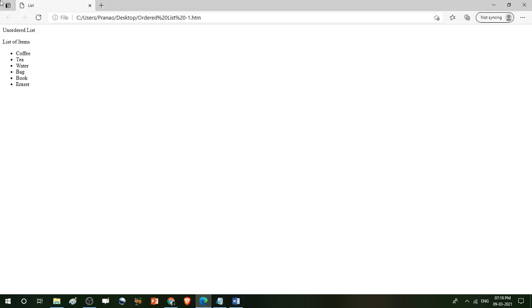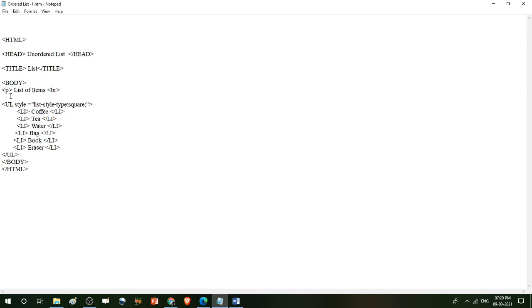Then open your file here. So these are the squares. Okay, so in this way you can make the unordered list. Write down this program code in your fair notebook and write down all the 3 programs separately, for a disk, for circle and for square. Clear? So pause the video here and write down these 3 programs. Rest we will see in the next lecture.